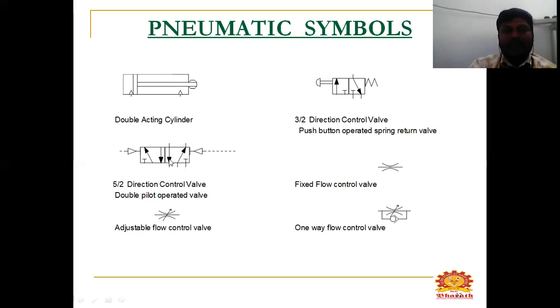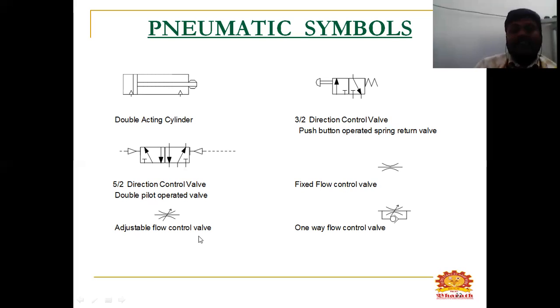And this one is your 5/2 directional control valve, which is operated using a pilot operated valve. This indicates that it is pilot operated. This is a fixed flow control valve, whereas it is manually, it will be a fixed, and this is an